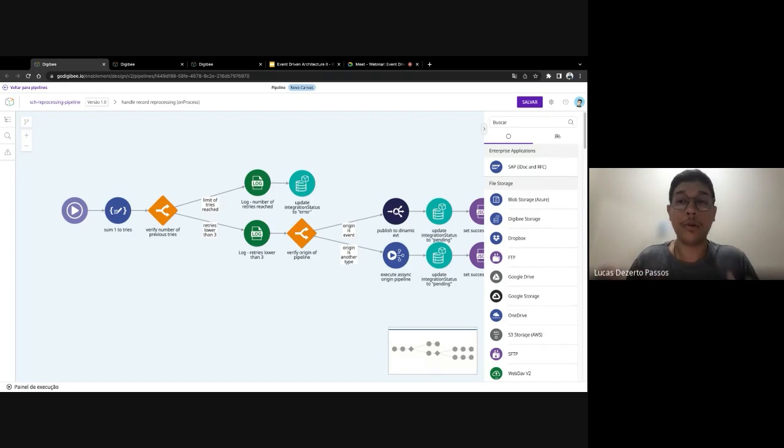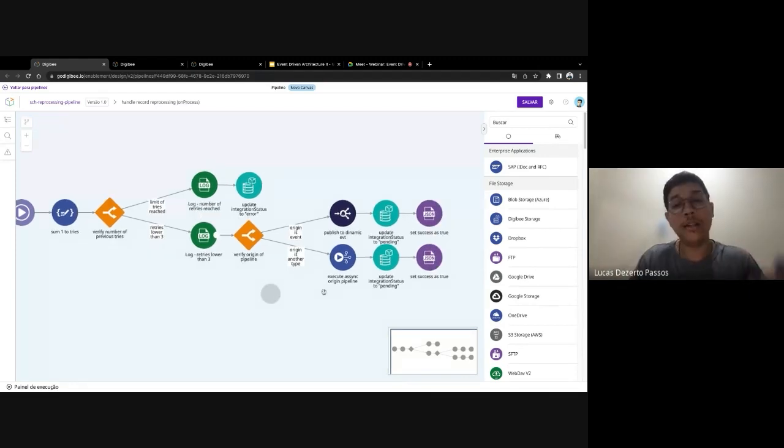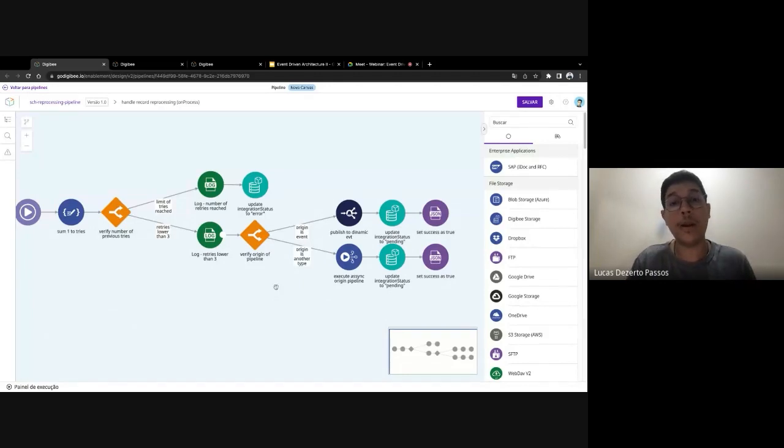So one of these opportunities is to increase some parameters and take control of more things here about those records. So Clara can now establish a number of tries for these records to be reprocessed. She says here that we have to try 3 times to reprocess each record. So every time a record passes here, it adds 1 to the number of tries parameter and checks again.